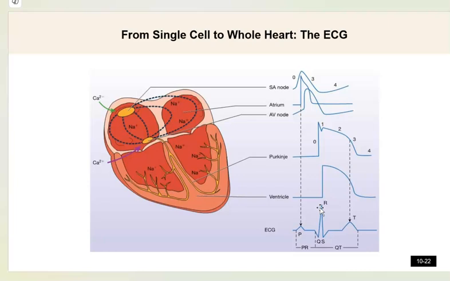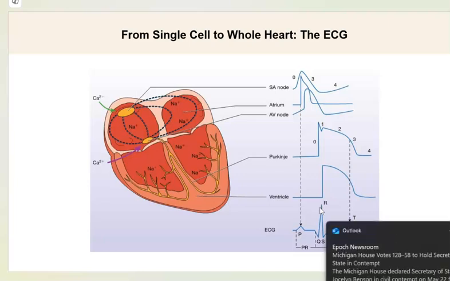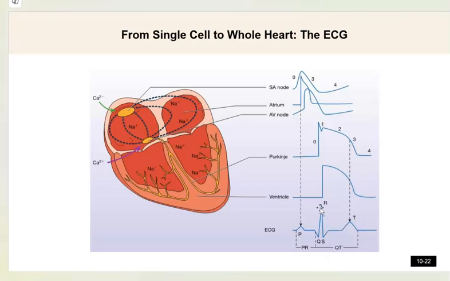This image here I actually find incredibly helpful because it is linking what is going on from the single cell in the electrical system as it's reflected then on the EKG. So when you see this here at the start of the P wave, if you go up to what we've got going on here, the start of the P wave, this influx of calcium into the SA node, right? And we're beginning part of our action potential of the SA node. And as it distributes out then to the atria to cause them to contract to come to the AV node